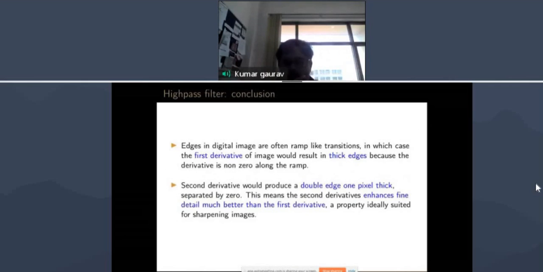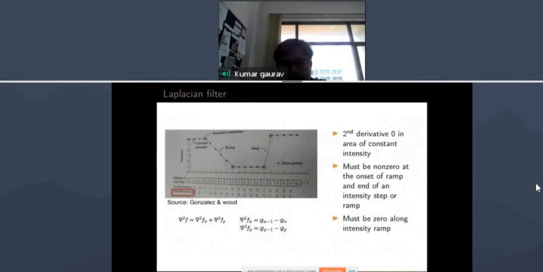Now just to conclude, here is what we studied. For a high pass filter, the edges in digital images are often ramp-like transitions, in which case the first derivative of the image would result in thick edges. Try to understand this, because if you have